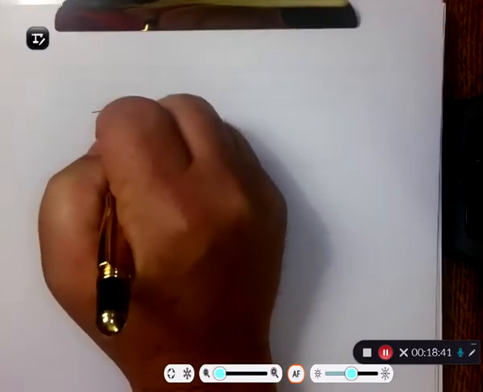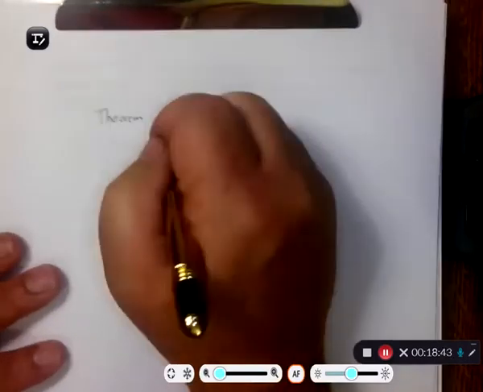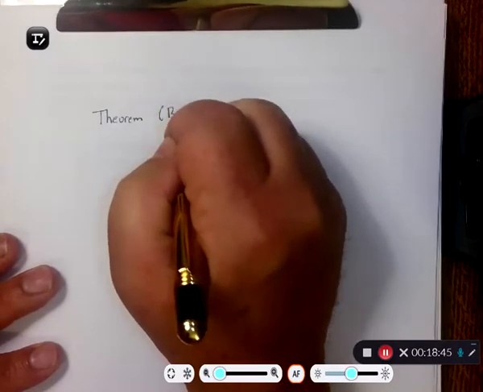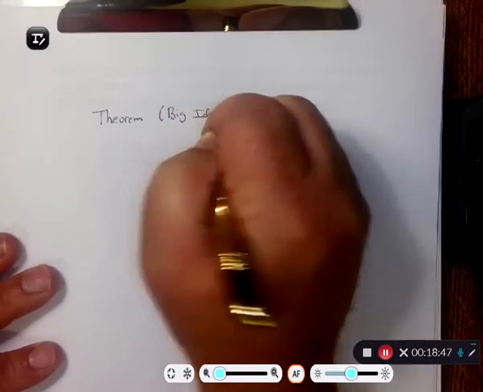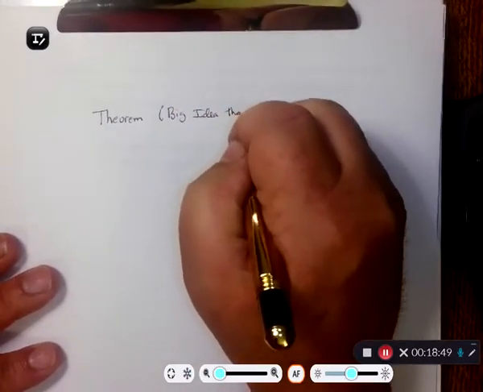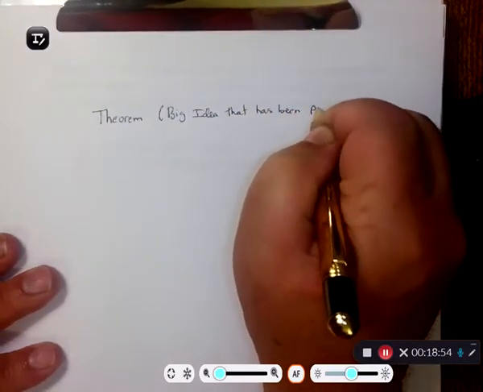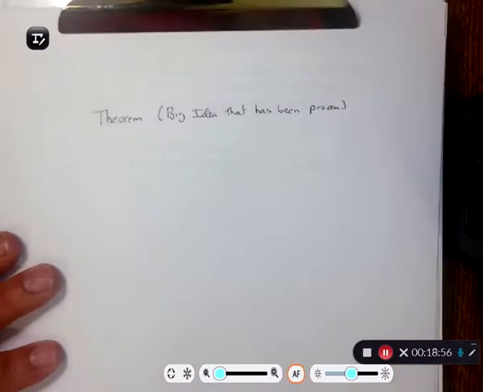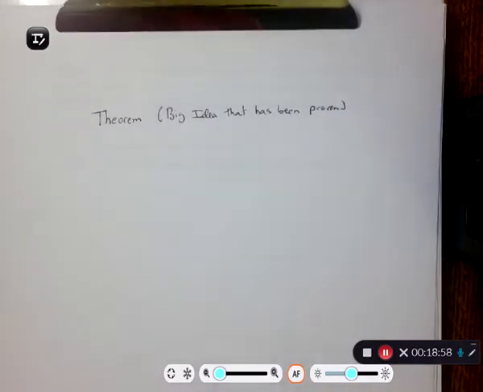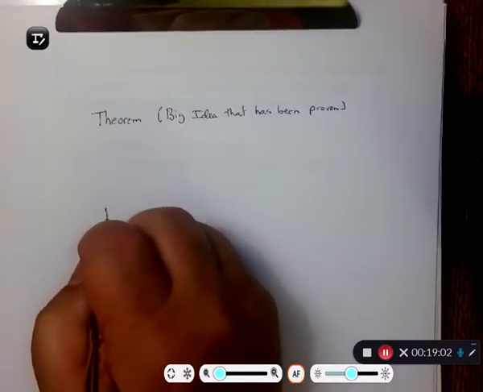So a theorem is really a big idea that has been proven. That's what a theorem is. Now, a lemma